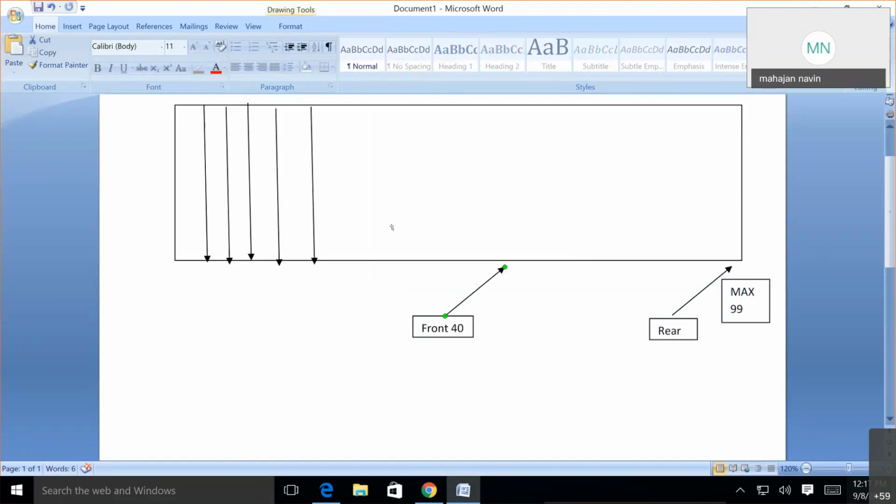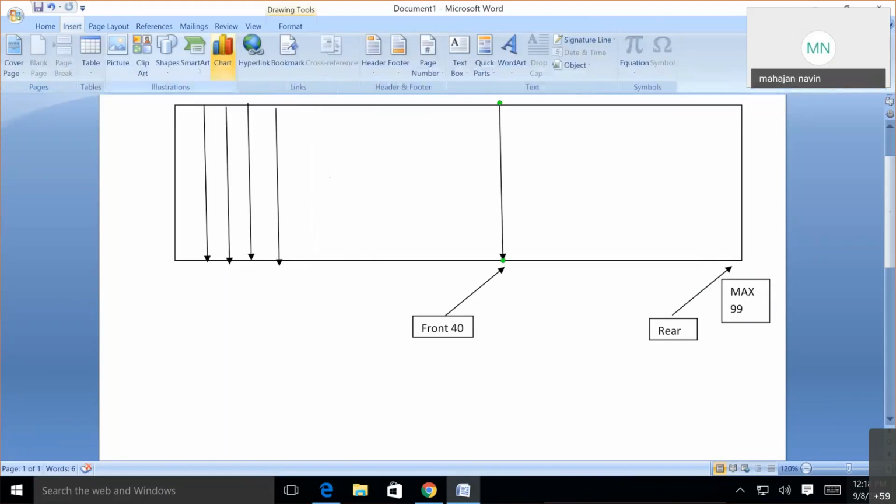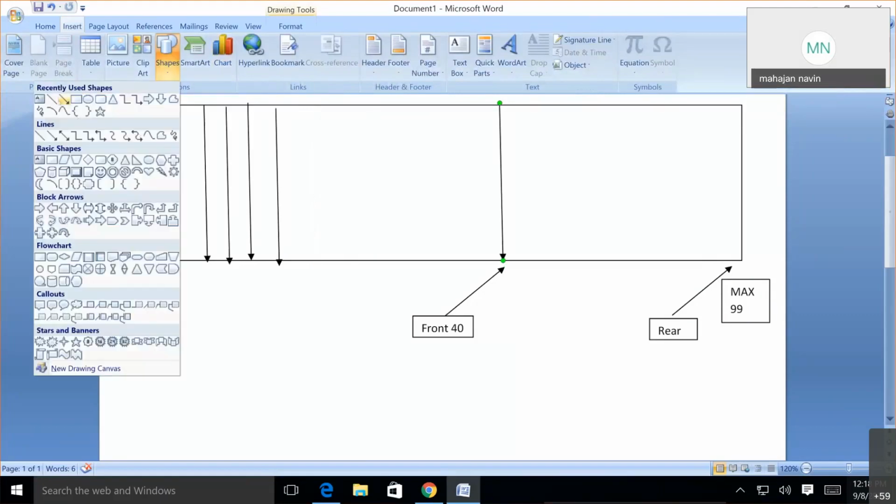So how many elements have I removed after inserting? I have removed around 40 elements, and this stack is full now. Sorry, it's not a stack, it's a queue. Queue is full. Queue is full.